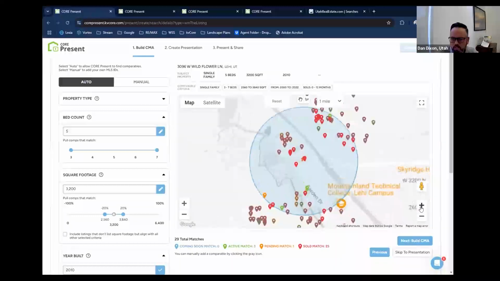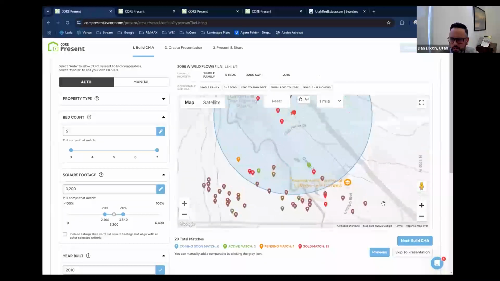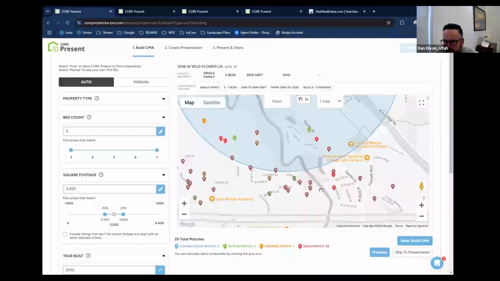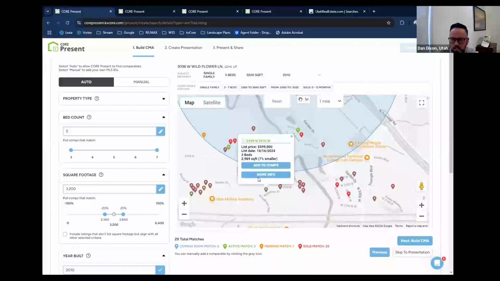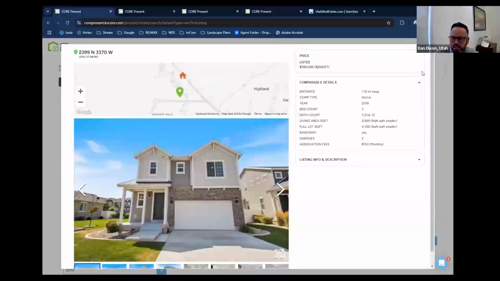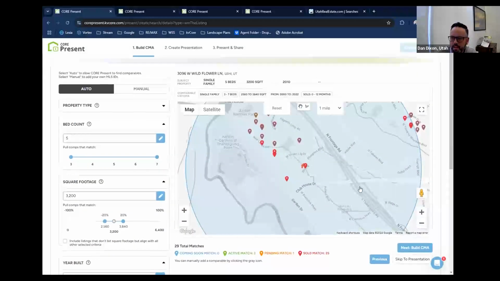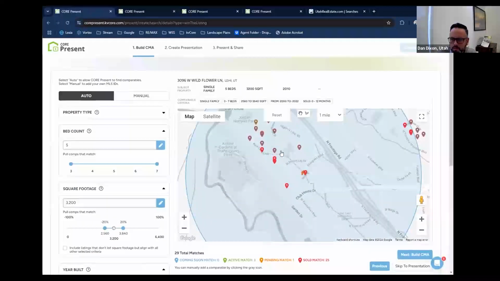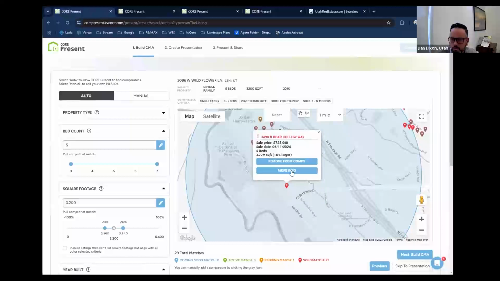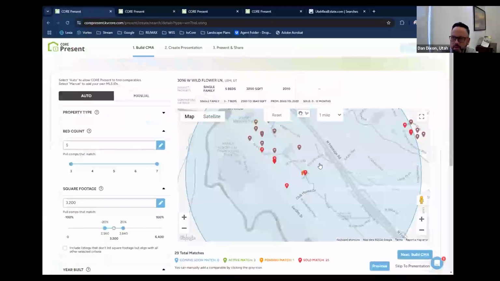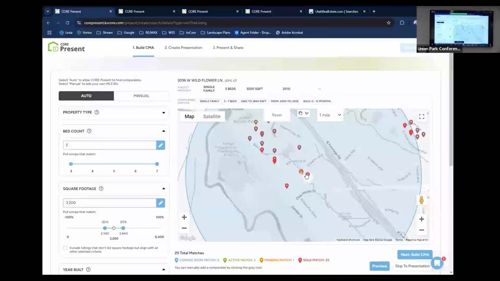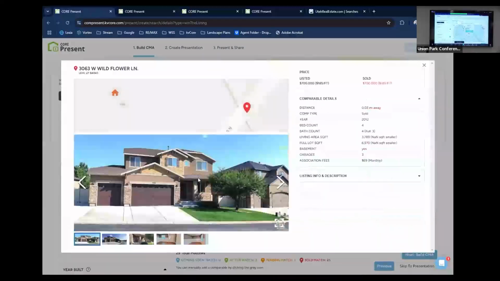Yep. I can also zoom in a little bit better if I wanted to and say, okay, well, which of these are actually in my area? Like I don't want these in Holbrook. These are more that style home, and that's not really me, and so I don't want that. I want homes that look like this guy here. Ah, but that's in the neighborhoods. That's a bad example. Hey, Dan. Daryl, do you guys have a question? This kind of style.